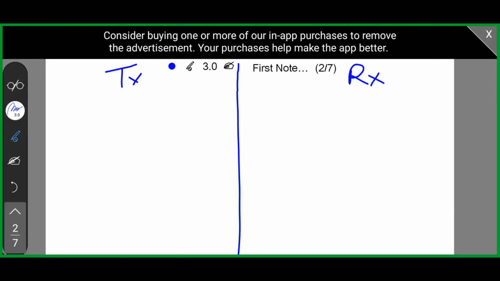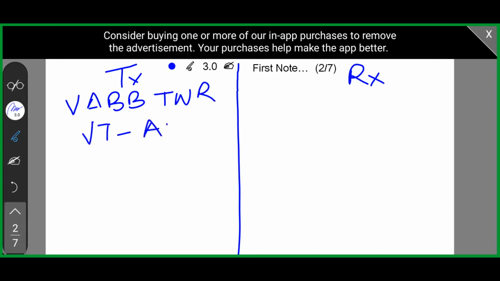For the example, if you are going to write Mumbai Tower, Victor Tango Alpha Bravo Bravo. Are you getting my pace? What I am doing? I am writing and speaking at the same time, but just for a while,